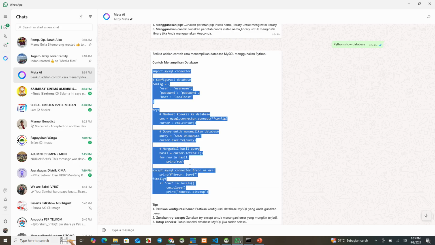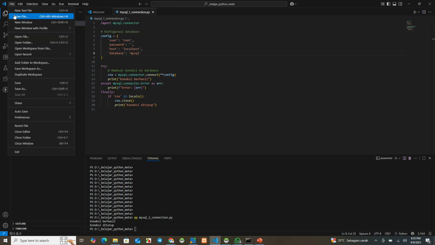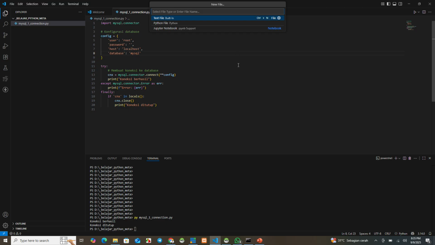Copy. Okay, and after that we make a new file. We give the file the name MySQL number 2 connection database.py.